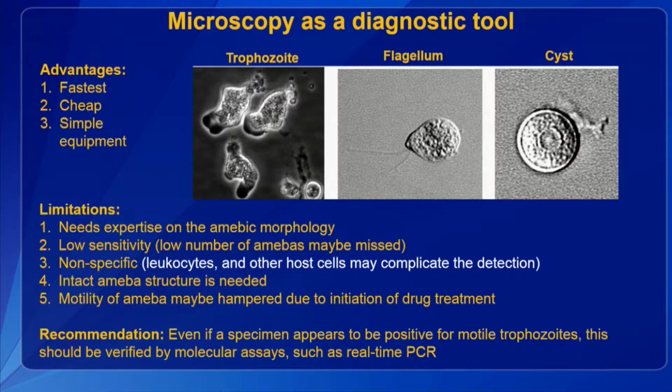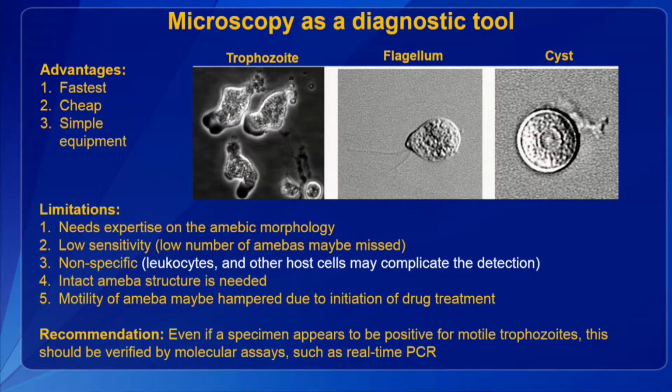So before I talk about microscopy, I should mention that Naegleria fowleri has three life stages. One is trophozoite, the invasive form, motile form. The swimming state is flagellum, and the highly resistant environmental form is the cyst. But it is only the trophozoite form that is ever found in the brain of the patient or in the CSF. And as a diagnostic technique, microscopy is really good because it would be fast, it would be cheap, it